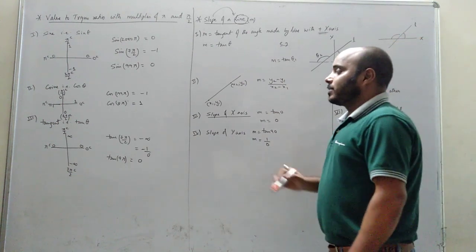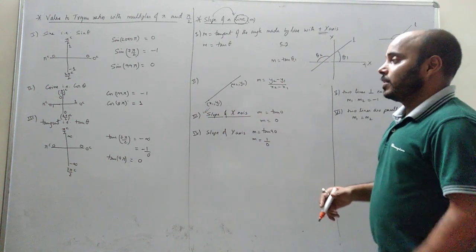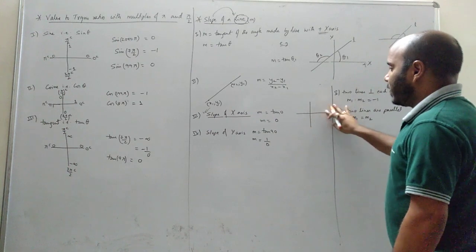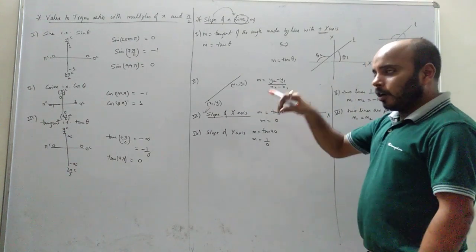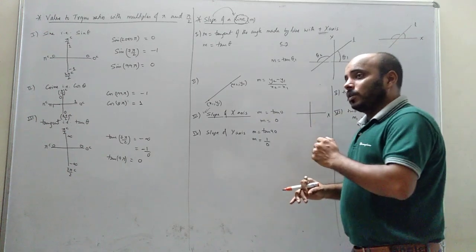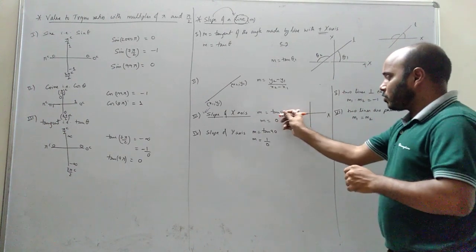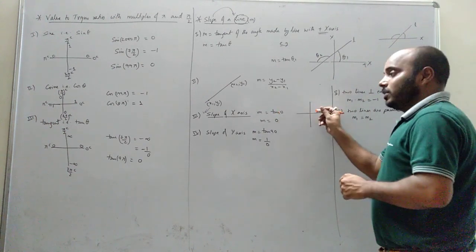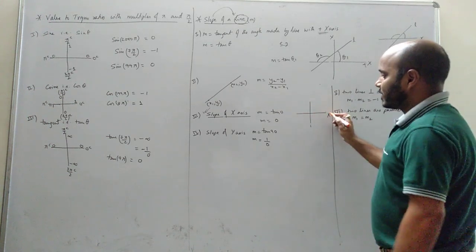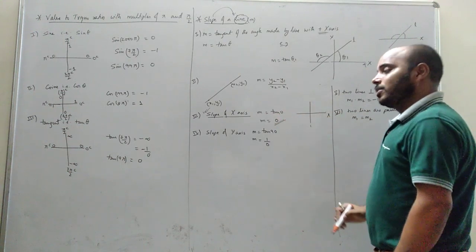Okay. Next, what is the slope of the x-axis? These things will be used again and again in physics. This is the x-axis. The x-axis is the line. So I want the slope of that line, which is itself the x-axis. Now, how to find the slope? Tan theta. Theta is the angle made by the line with the positive x-axis. The line is also this. The x-axis is also this only. So what is the angle between these two lines? This is only the line, this is only the x-axis. Angle is 0. So tan 0. What is tan 0? 0. The slope of the x-axis is 0.